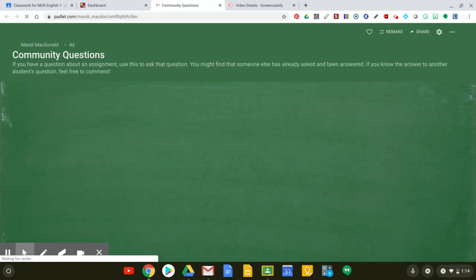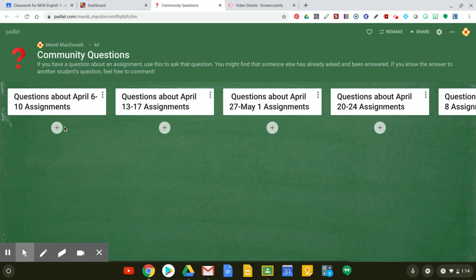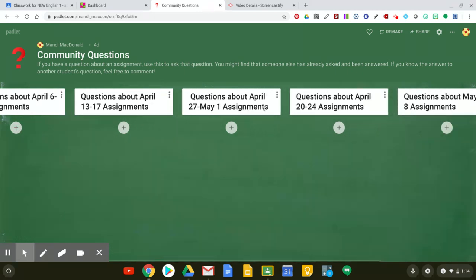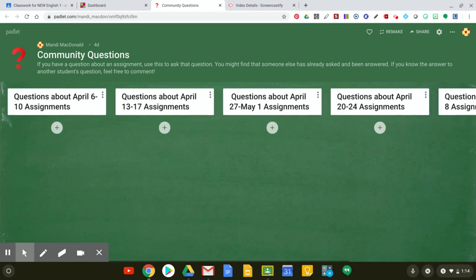and I'm using it as kind of a frequently asked questions spot. Students can leave private and class comments in Google Classroom, but I thought it might be a little bit helpful if I can address all their questions succinctly in one spot, and maybe the students can help each other out as well. So I have this set up in shelves right now by unit, so to speak, or by week,